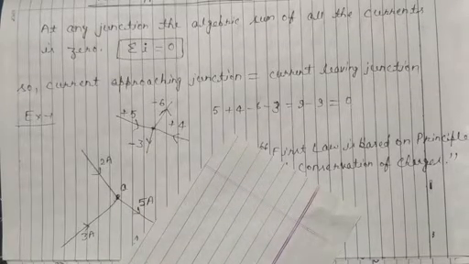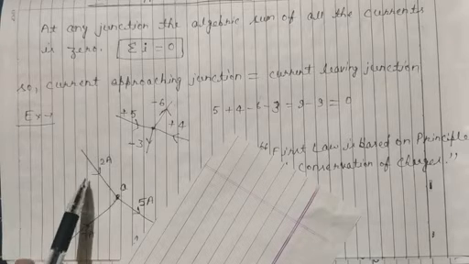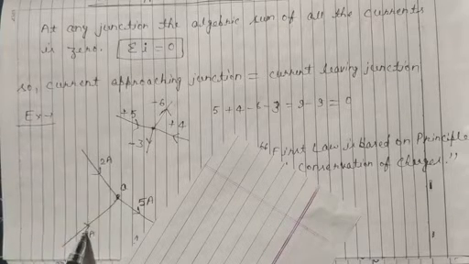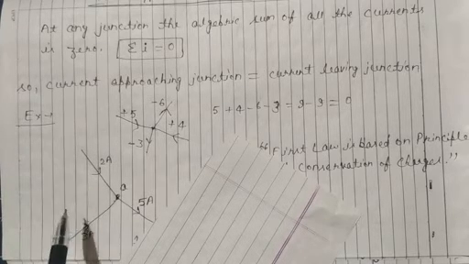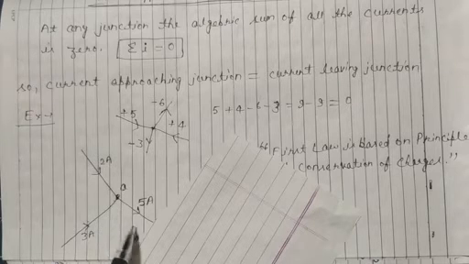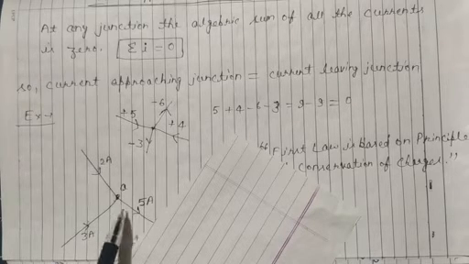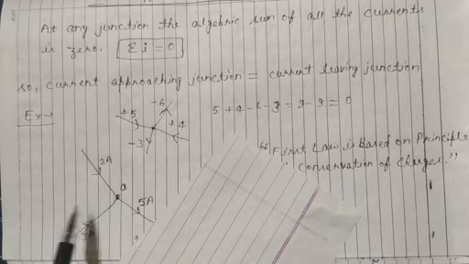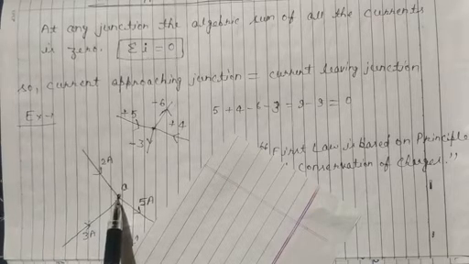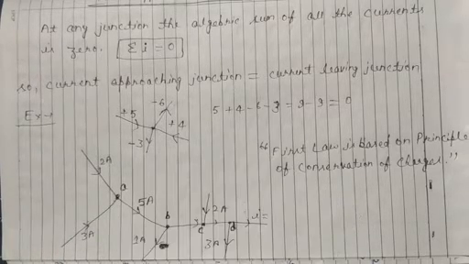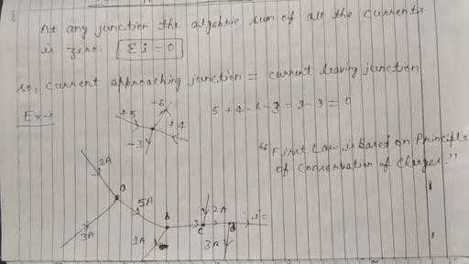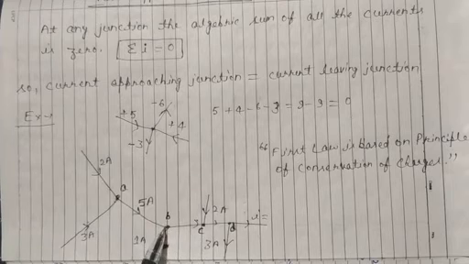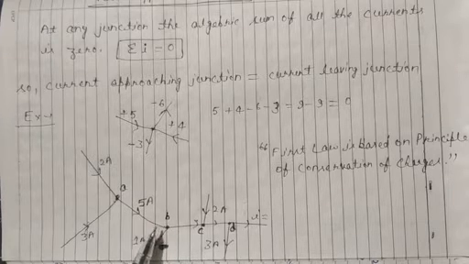Because the total sum is 0, now we can check. 3 plus 2: both currents are approaching the junction, so we take the sign of both currents positive. 3 plus 2, 5 ampere. And the current leaving the junction is minus 5 ampere. 5 minus 5 is 0. Total current at this junction is 0. So from this junction to this junction, current is 5 ampere.